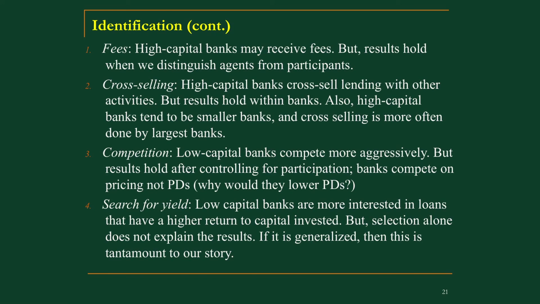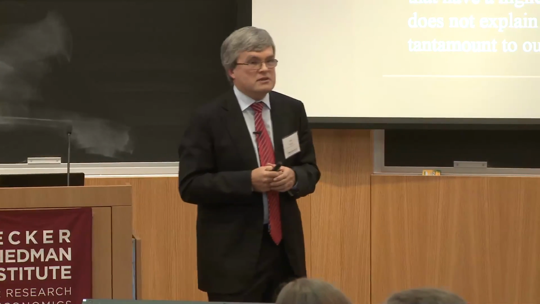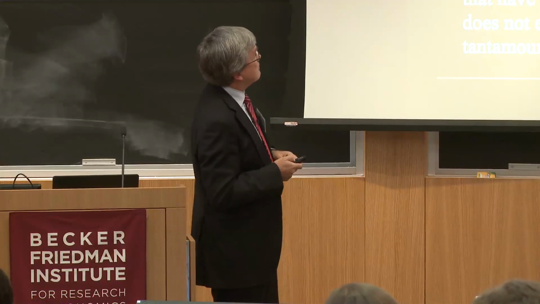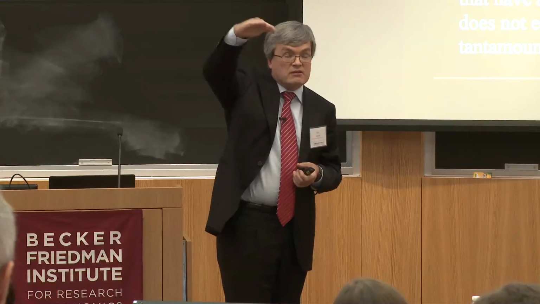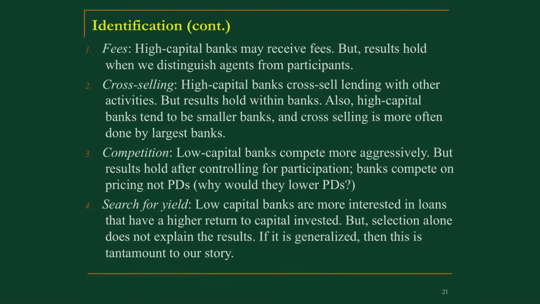Next one, cross-selling, is often a tough one. What's happening here is that, yes, they get the same interest rate, but there is a subset of these banks that are cross-selling lending with other activities, and that could explain the story. If so, it would have to be the high capital banks, because these are the ones that say, well, the risk is higher, I'm going to get a lower interest rate, but I'm being compensated because of the other business that I'm doing. But first of all, the results hold within banks. So if it's one bank that systematically is doing cross-selling, we should have been able to kill it when we put